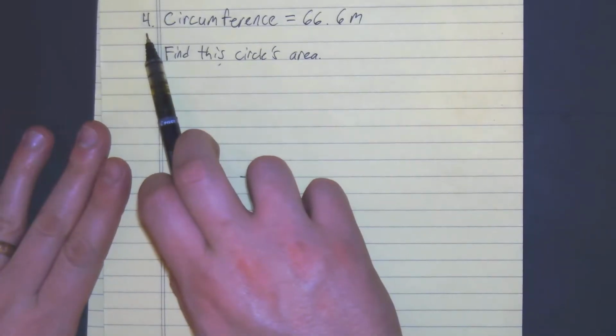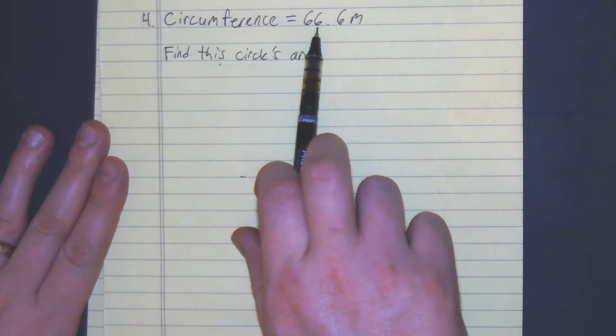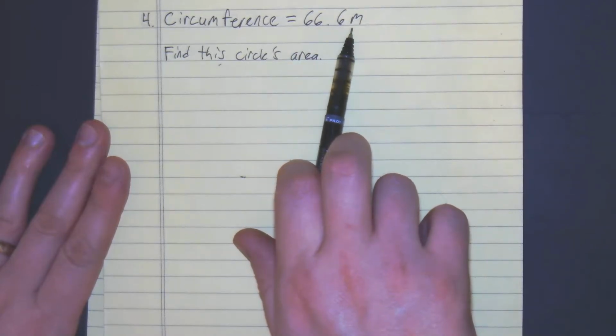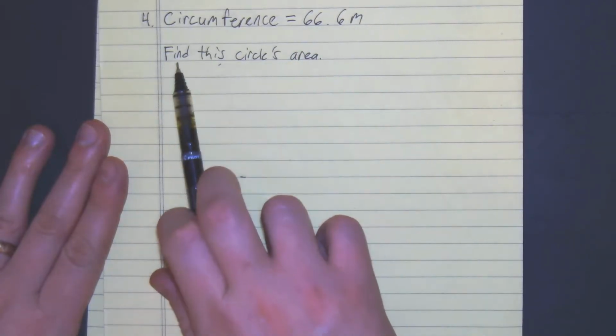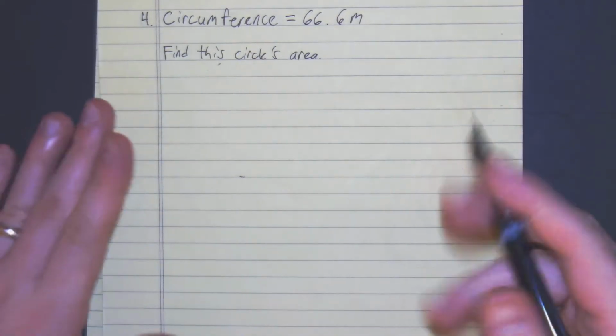Looks like we're on number 4. Number 4, we're given a circumference of 66.6 meters. Horrible number, but it's randomly generated. And then we have, find the circle's area. So what we're given